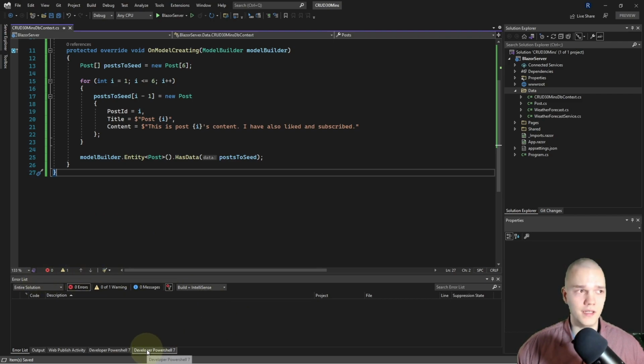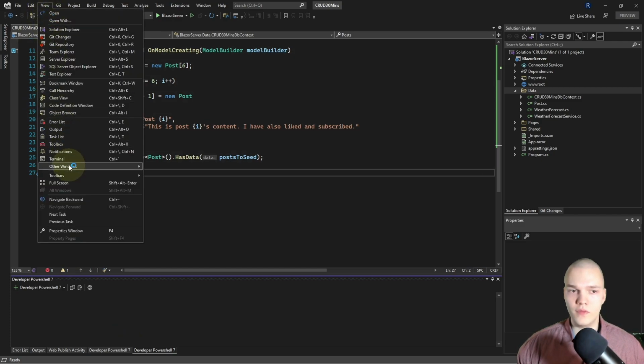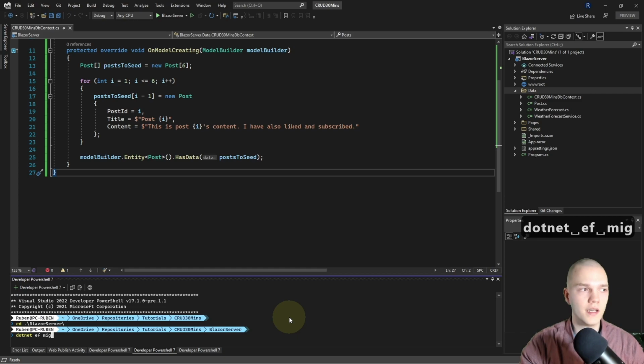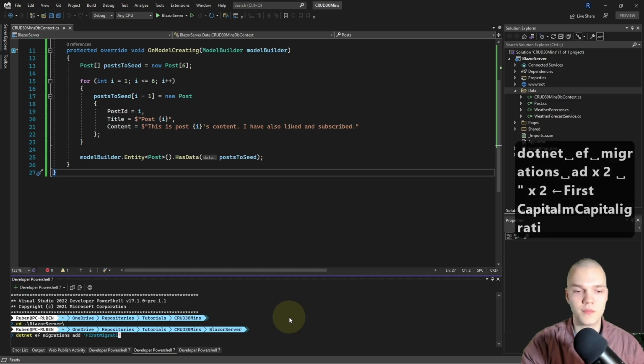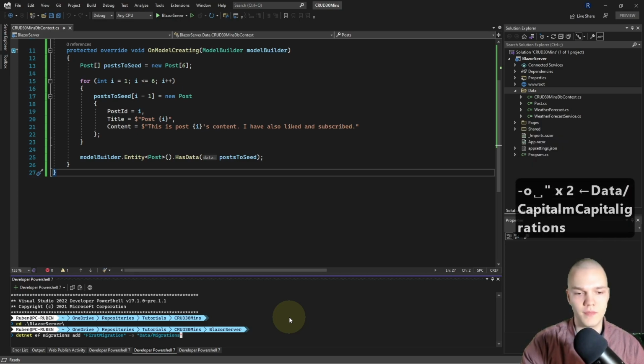So I'll open a terminal by clicking below or going to View, Terminal, and I'm gonna cd into the Blazor server project. Then I'll run dotnet ef migrations add, and I'll name it FirstMigration, and I'm gonna set the output to Data/Migrations.